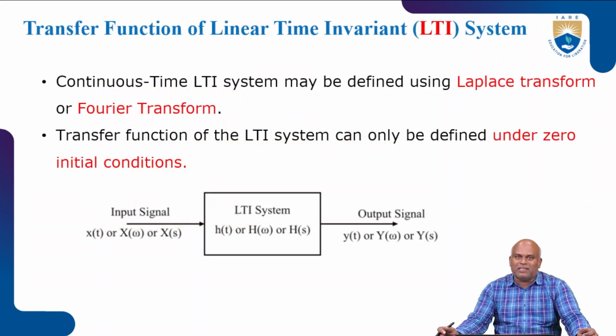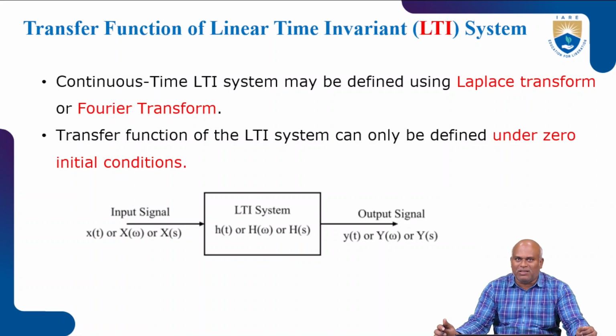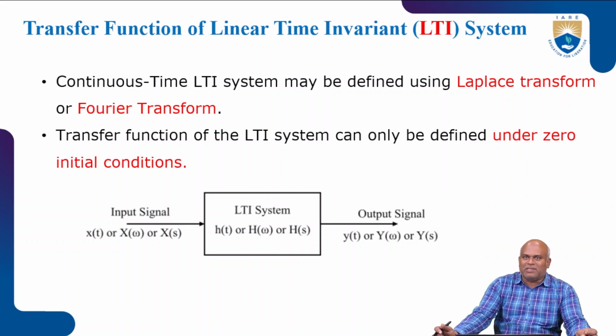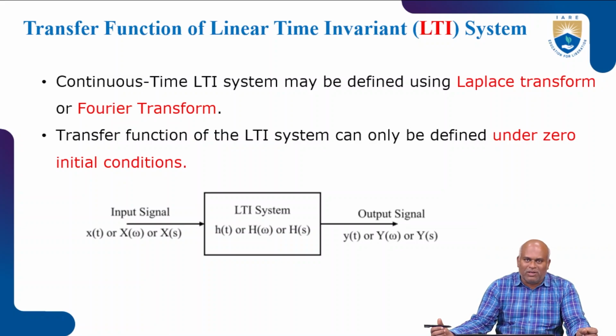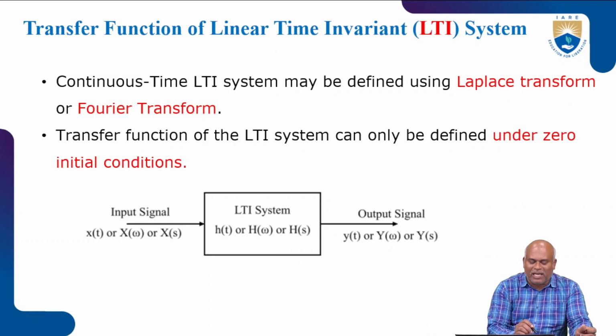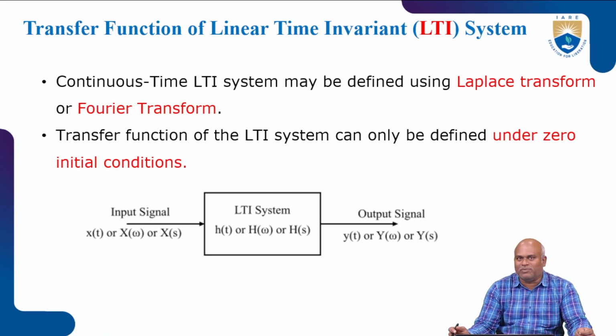While we are studying a system, the transfer function depends upon the system character. Now we take the linear time invariant system. The system is linear as well as time invariant. At that time, the transfer function is going to follow two kinds of cases: one is the continuous time signal, as well as the discrete time signal. Both cases we are going to study now.